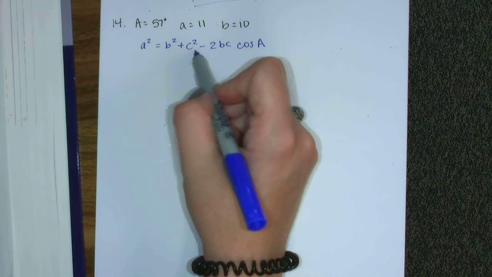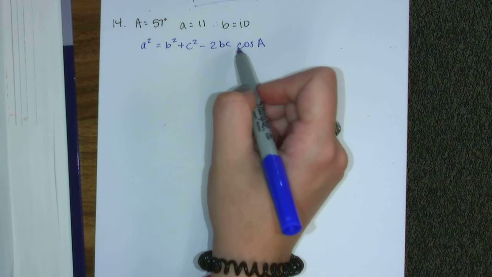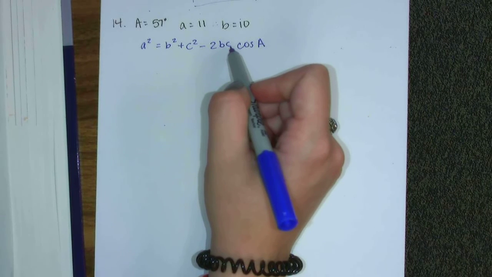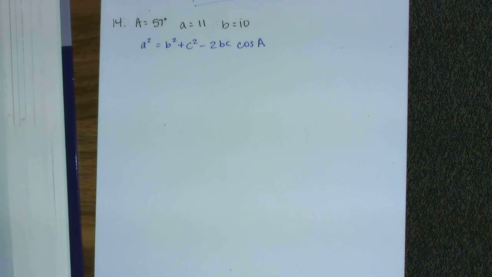Honestly, because of having to move this C squared over and also getting rid of this C that's being multiplied in here, while we could do this, this is probably going to take way more work than you guys want to do. So at this point, we would switch over and just go